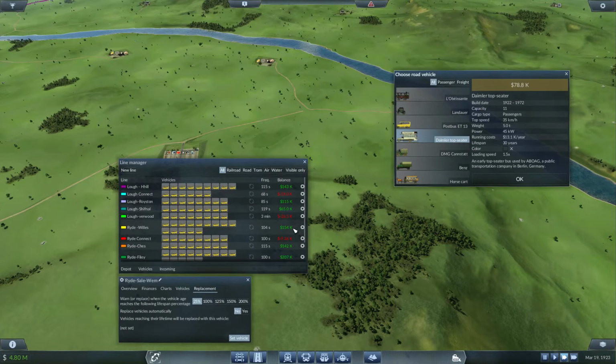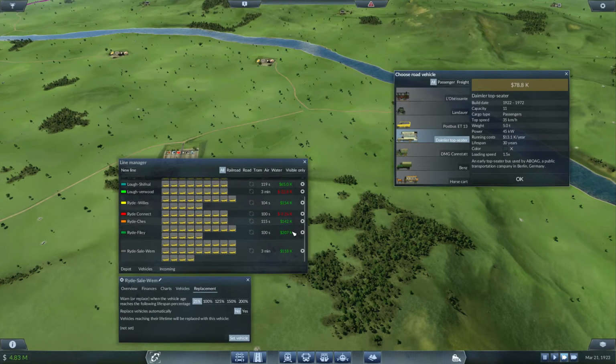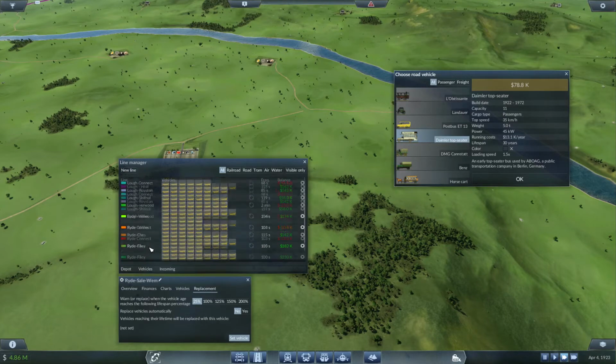As you can see, we have a mixture of red and green, and there's a lot of green which could be doing much better. For example, the Ryde Wembley line, if we can get that frequency down to maybe 60 seconds, then we can make so much more money. There's just so much money to be made there, and I think we really need to go ahead and tap into it and get a lot of these frequencies a wee bit lower